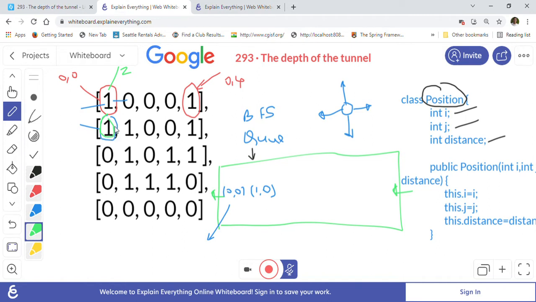So now we will again check in 4 directions. As you can see, this one is a valid cell, because this is 1 and this is connected with this one. So now we will take that. This one we are taking out from the queue and we will add the next one. The next one will be 1 comma 1 here, because that is the valid cell now. So we will keep doing like this. Then again we will check in 4 directions. Now we will find this one, which is 2 comma 1.